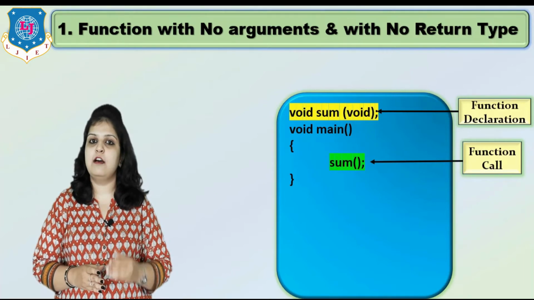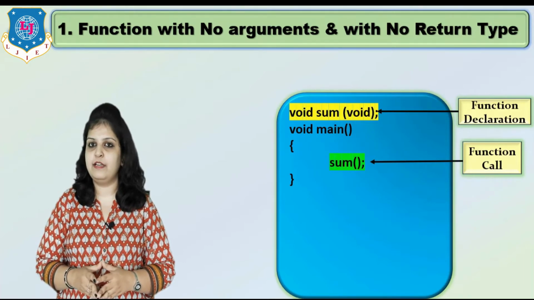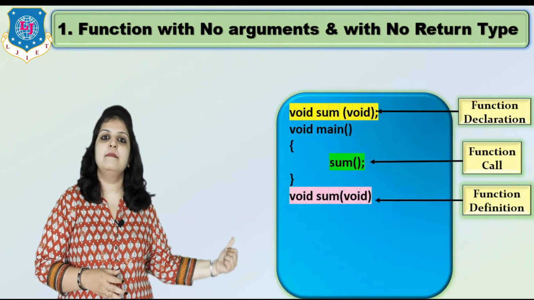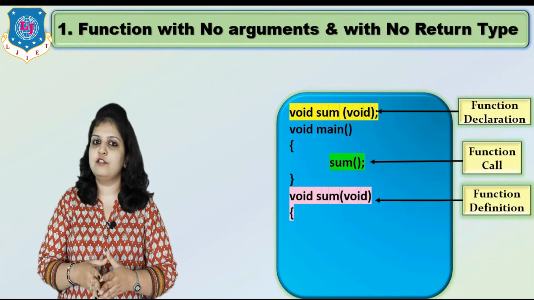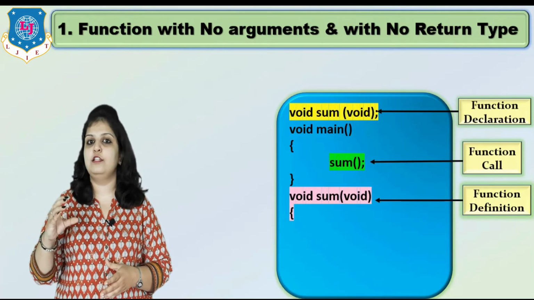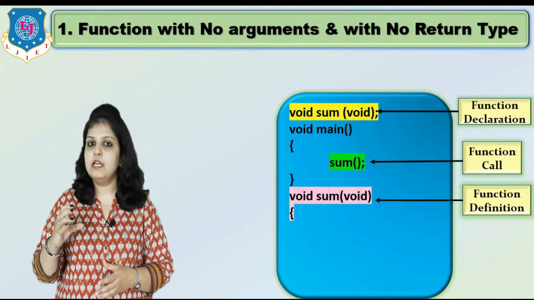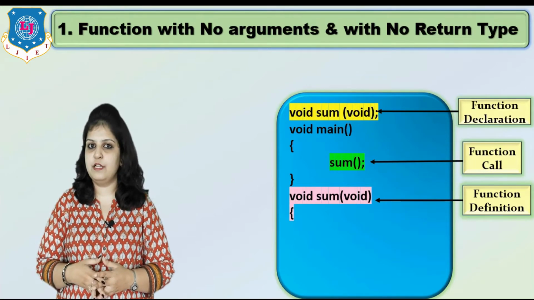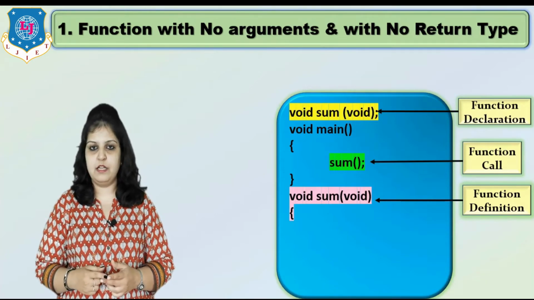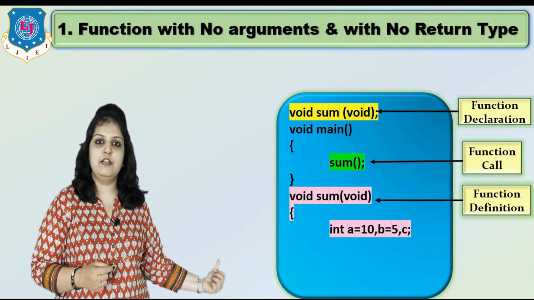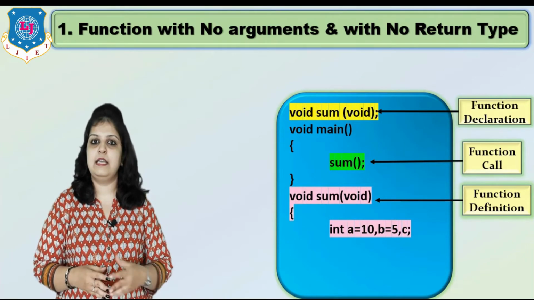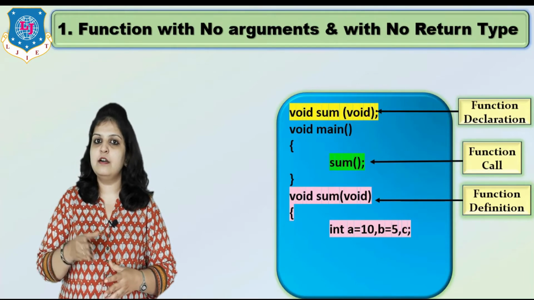Now let's see our third part, that is function definition. So again for definition write void, then after sum and in bracket void. You can also keep it blank here, and in curly bracket you have to write whole logic of addition of 2 numbers. So first of all, for addition of 2 numbers we require 2 input variables and 1 output variable. So first of all, integer a is equal to 10 and b is equal to 5 are our input variable, and c is used for storing the output.